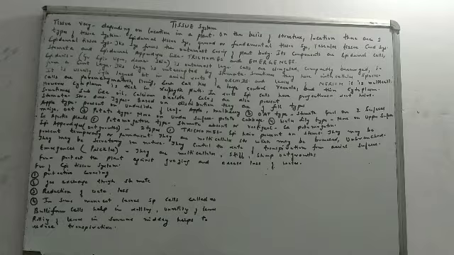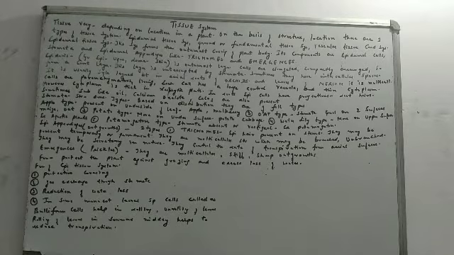Listen again, there are three main components of the epidermal tissue system. The first is epidermal cells, second is stomata, and the third are epidermal appendages. When I say epidermal appendages, I mean outgrowths from the epidermal cells. That is what we mean by epidermal appendages. We have two main kinds of epidermal appendages. I'll come to it later. So we said there are three main components: epidermal cells, stomata, and epidermal appendages.